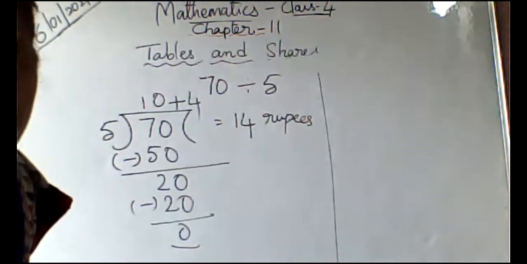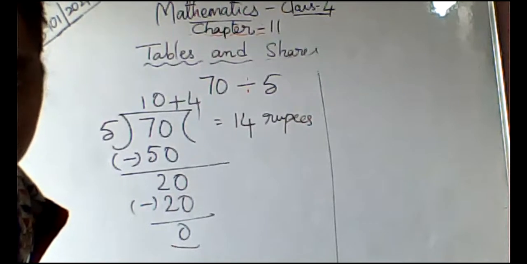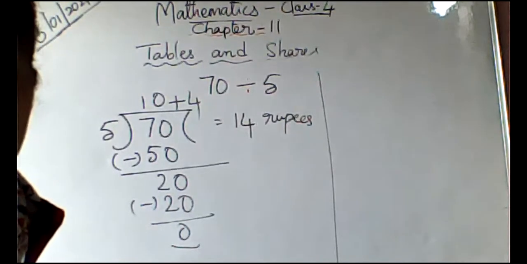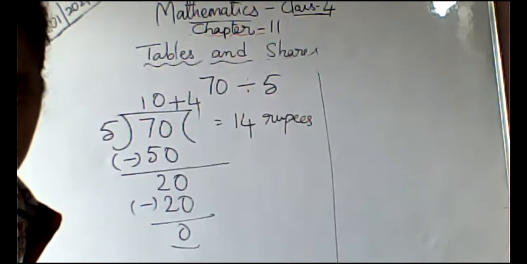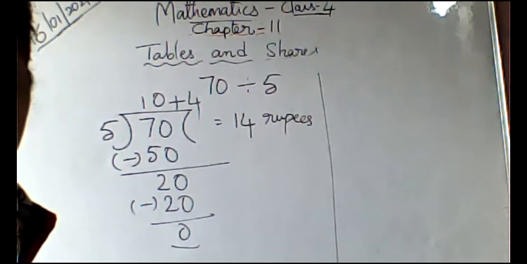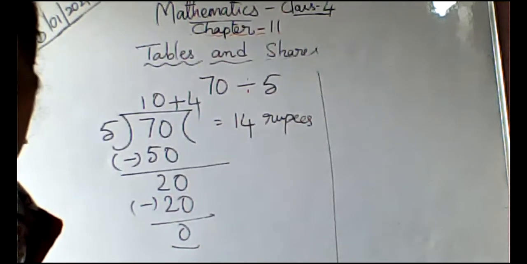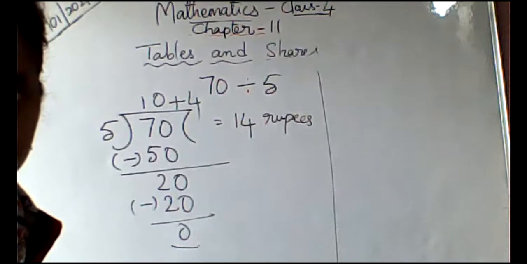I gave 4 rupees more to each. So I have distributed 20 rupees. So like this, they completed the division. So each gets 14 rupees. Now in another method,